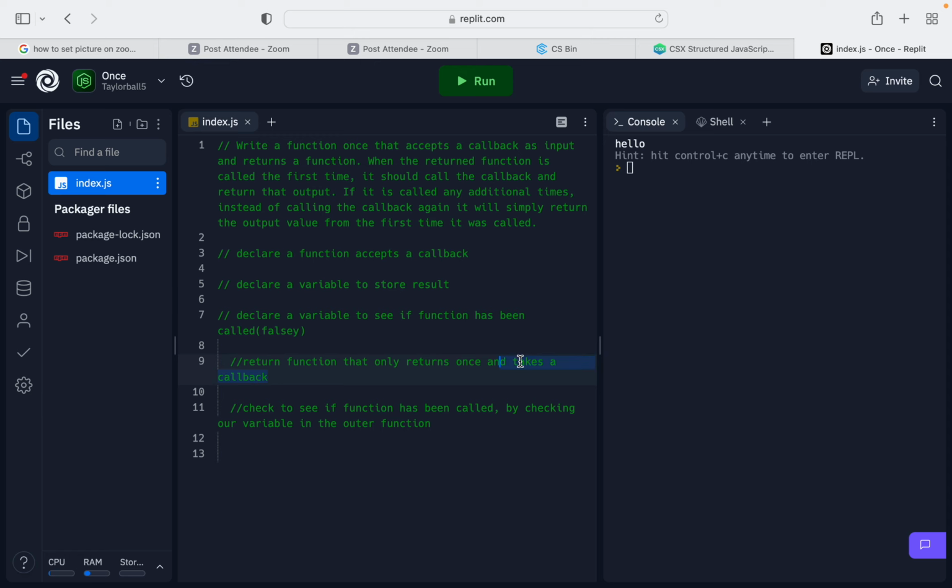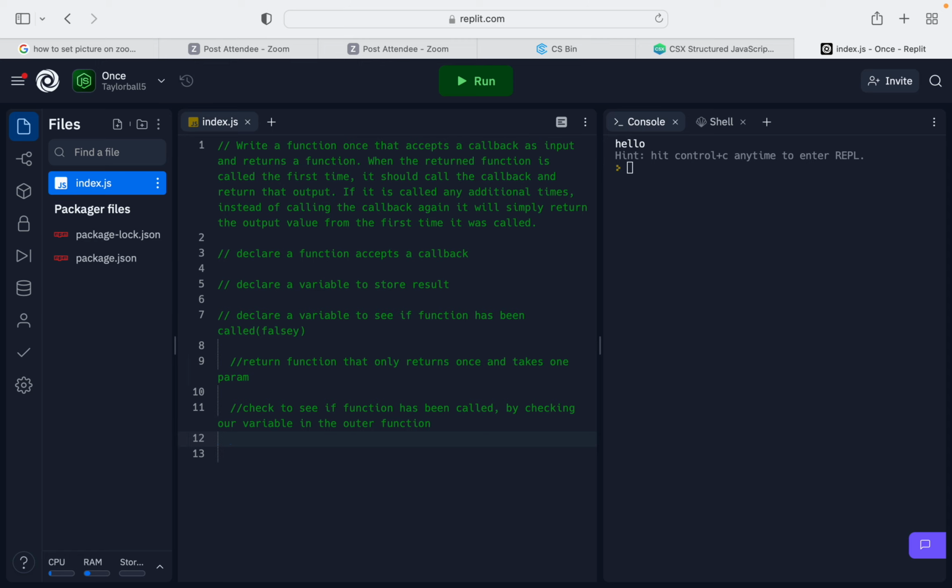Hold on one second. I don't think that takes a callback. That takes just and return and takes one param, and then we're going to have to see if the function's called by checking our variable in the outer function,